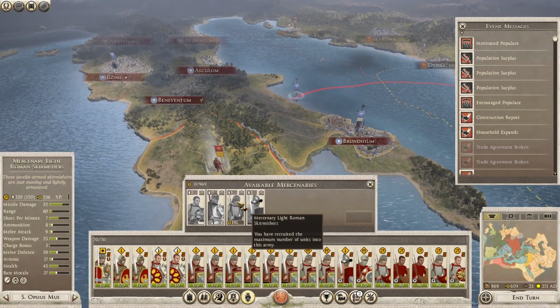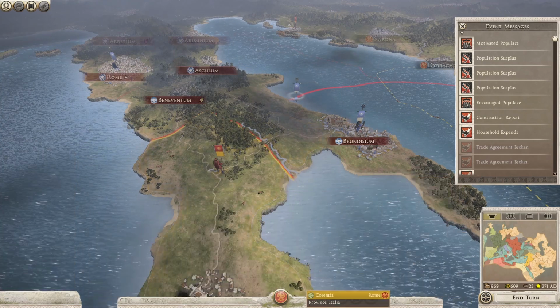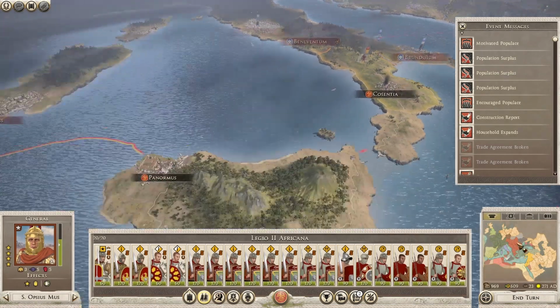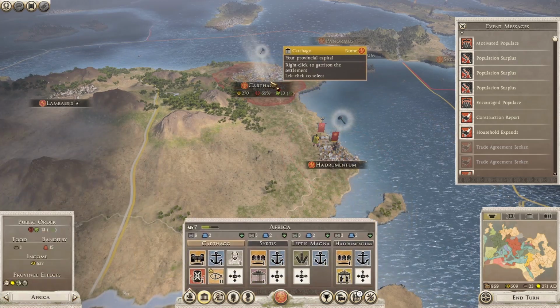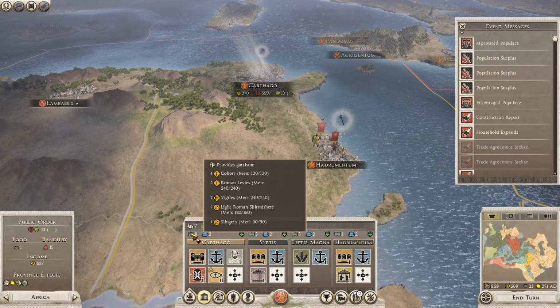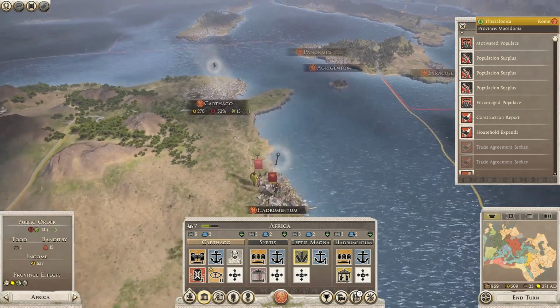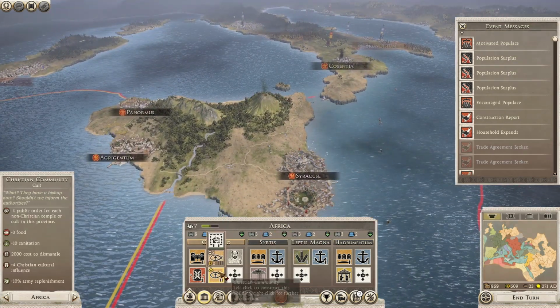We have some mercenaries available. Of course, that would require raising a new army. Carthage has some garrisons, but perhaps they could be a bit better as well. These are really kind of